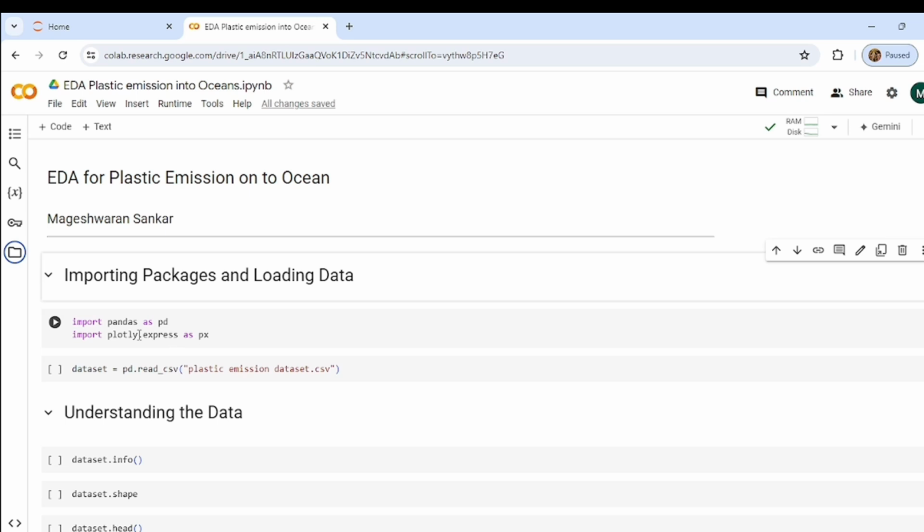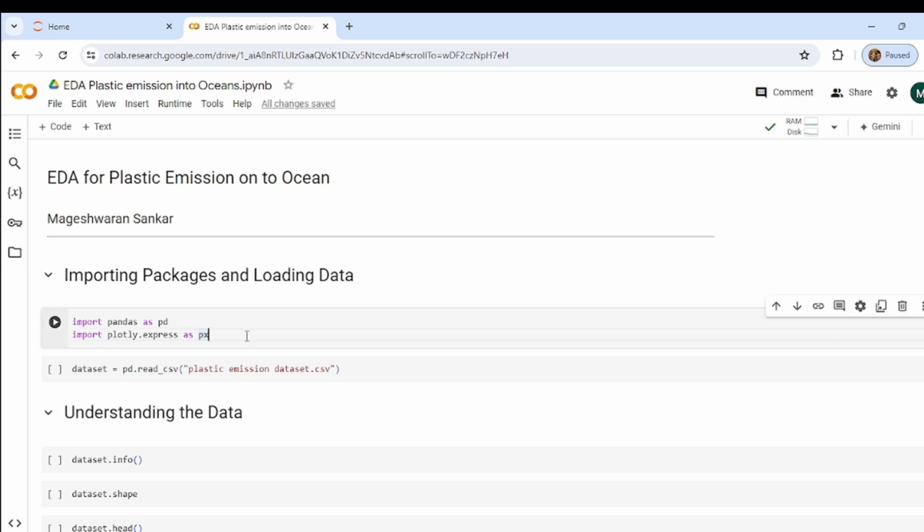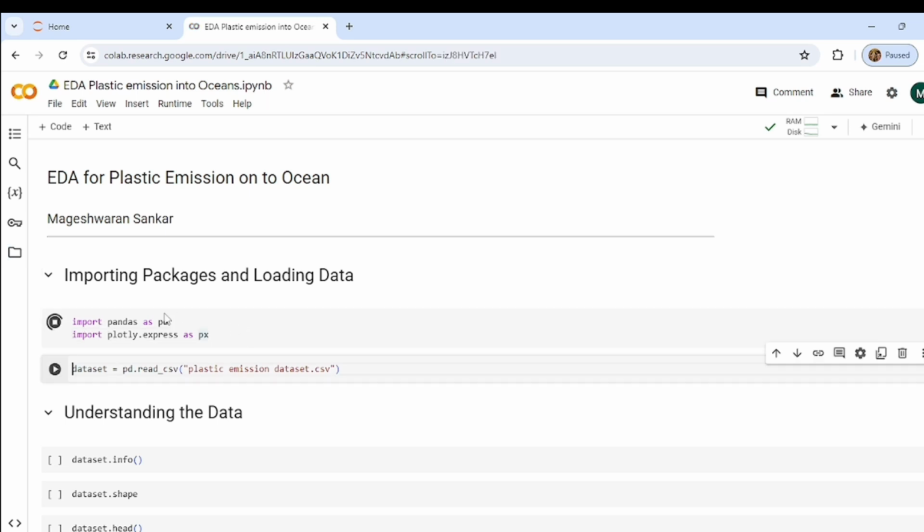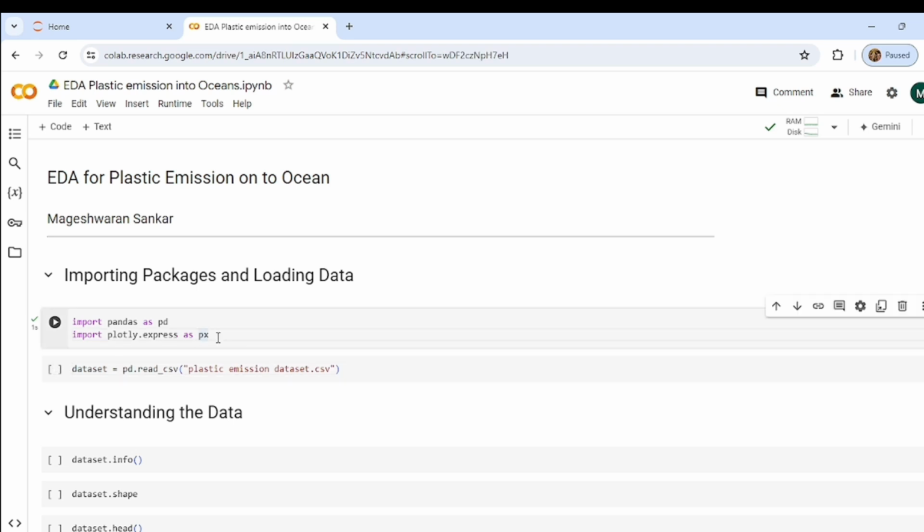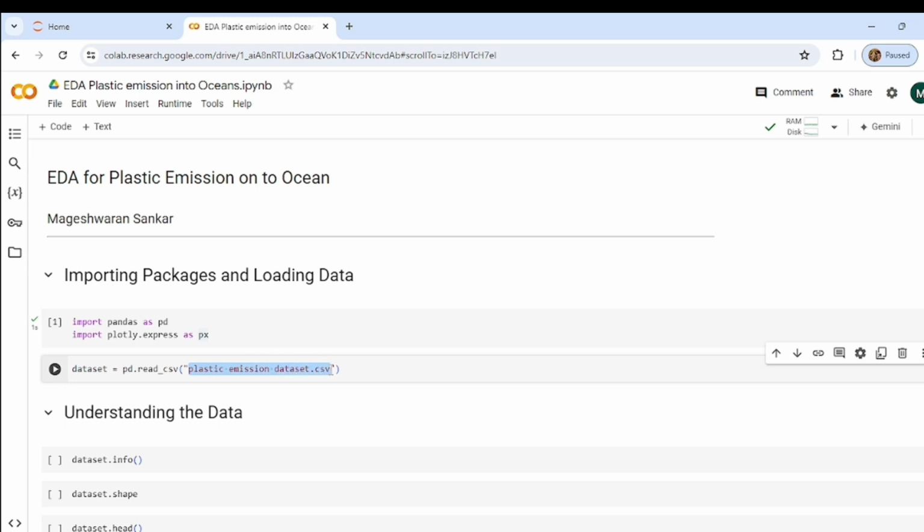analysis on it. So first I'm importing all the necessary packages. Pandas is usually used for data manipulation and analysis, and I'm using plotly.express as px, which is for data visualization. Today we'll be using this function for the data visualization. So first I'm importing them, and now I'm using this read_csv function under pandas to load my data set under the variable dataset. So I'm doing that,